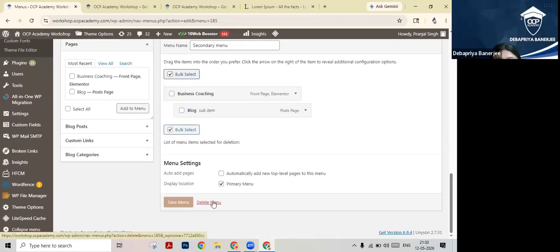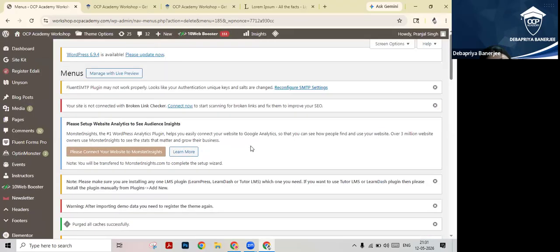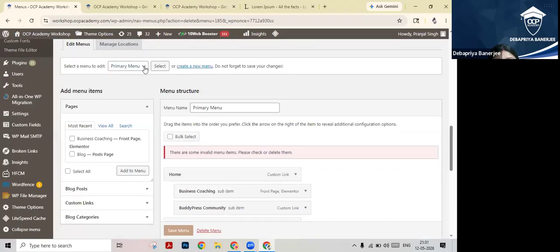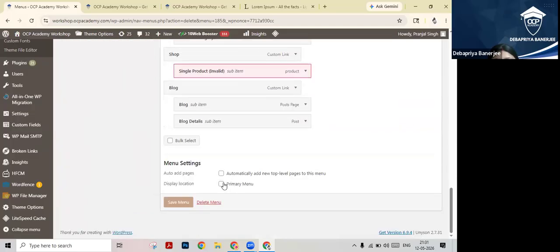Just deleting the menu altogether. Now see, this primary menu, I have just deleted the other one. So this primary menu is already there. Now, if I just make it a primary menu, the whole menu will be visible again.